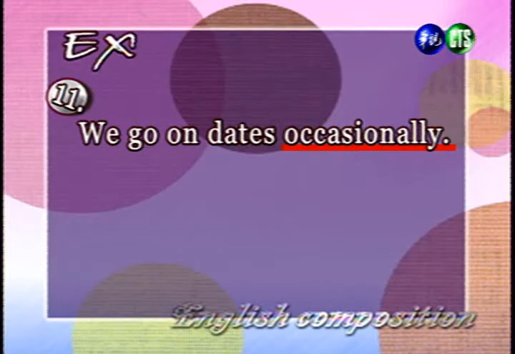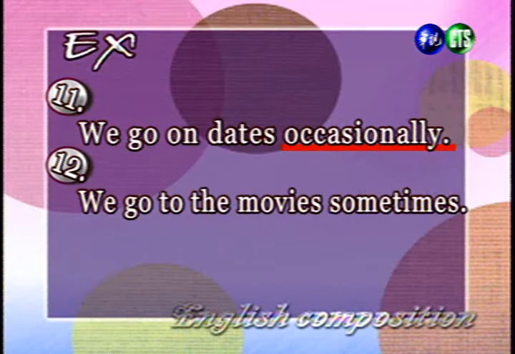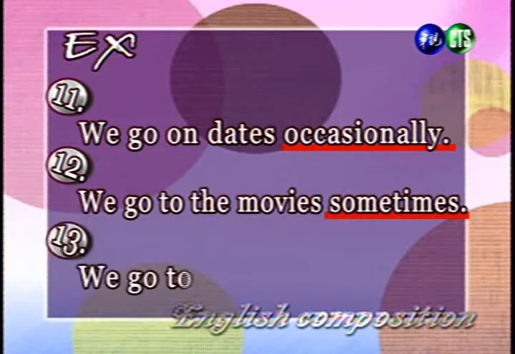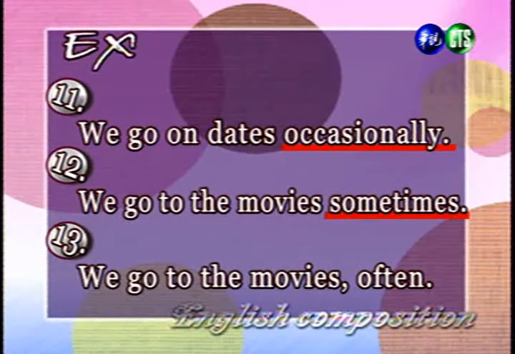好，在例句11里面 occasionally 并没有被特别的强调。If we go to the movies, sometimes this is also similar, that sometimes is at the end, it's not very important. 好，例句12讲到说，我们有时候会去看电影，那这地方跟例句11一样，并没有特别强调这个频率。All right, and then if we look at sentence 13, it says we go to the movies often, and because of the punctuation, this word often is emphasized. 好，例句13里面呢，这个 often 呢，你会发现它在它之前加上了一个逗号，代表说它被特别的加强特别强调。